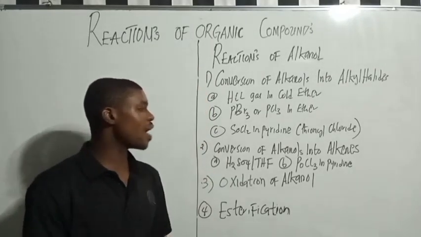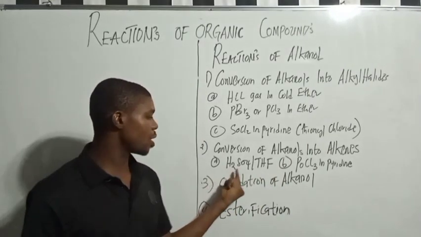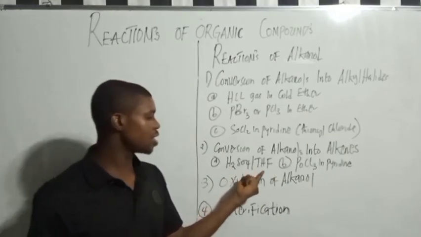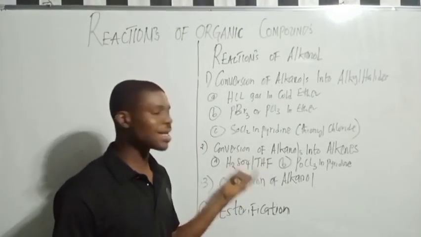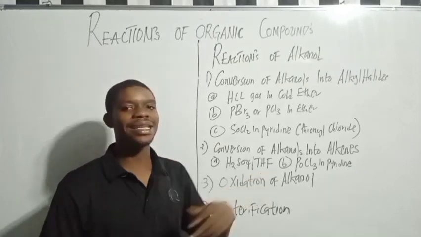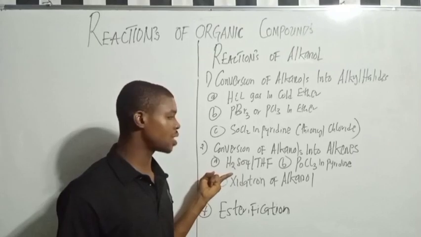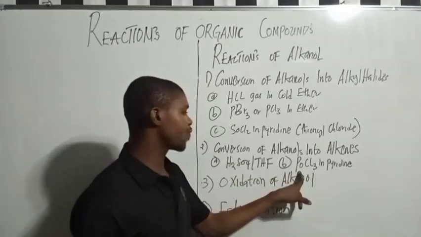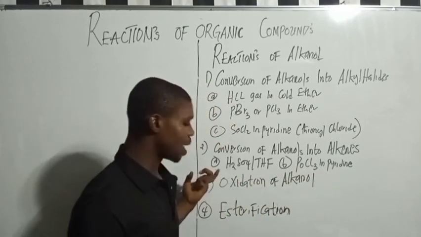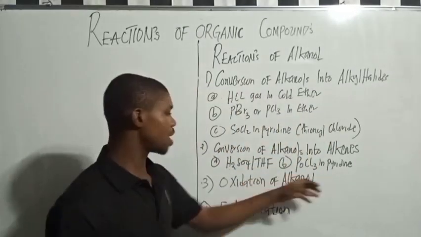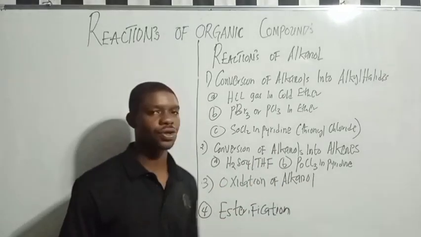Number two, conversion of alkanol into alkene. You need H2SO4 and THF, tetrahydrofuran, as the catalyst. This tetrahydrofuran is the organic solvent. What makes this reaction occur is the concentrated acid, or you can use phosphorus chloride. To get this, you can use any of these two for the reaction. Then we have oxidation of the alkanol and esterification. So let me go ahead